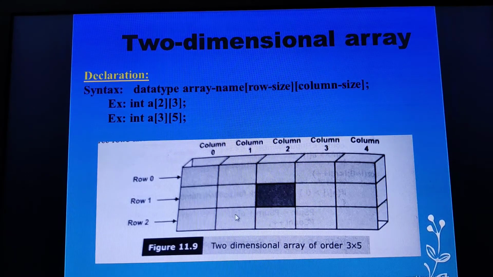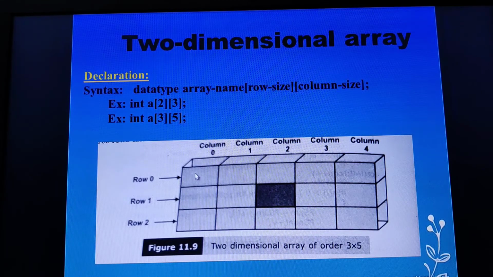So, what would the position be if I want to fetch the element at this location? How do I fetch it? What is the array name? A of 0, 0. I should know its row number and its column number. When I write A of 0, 0, I am referring to this particular element.